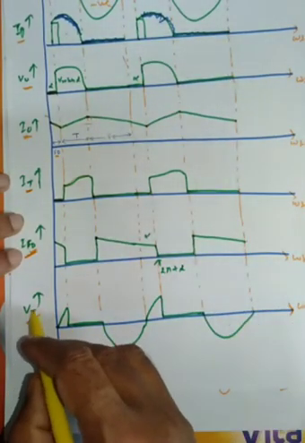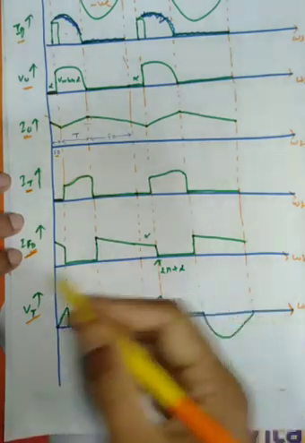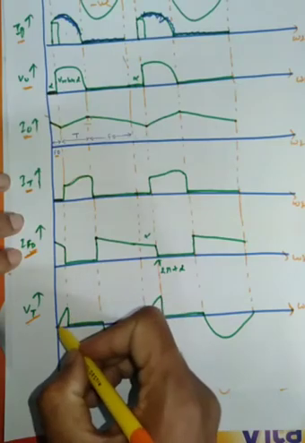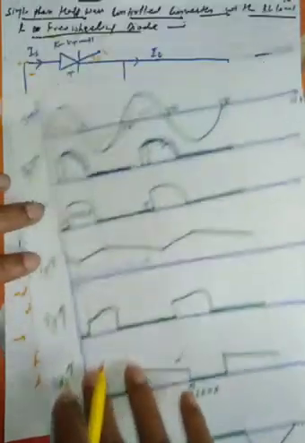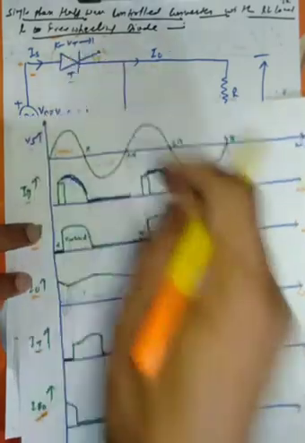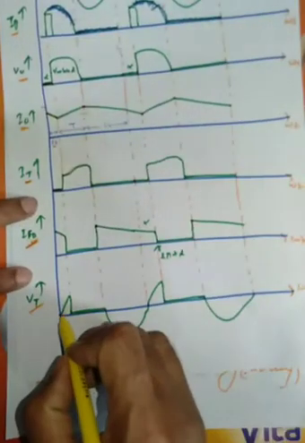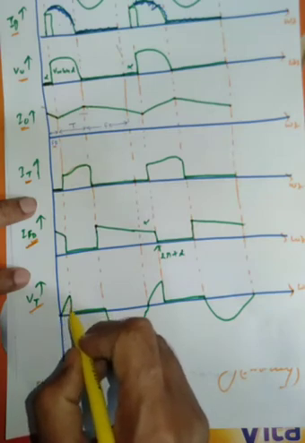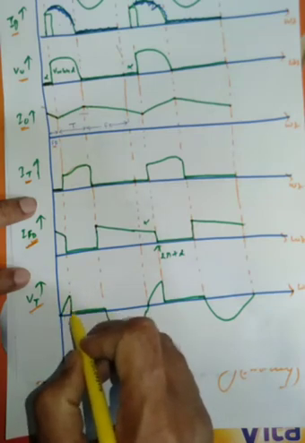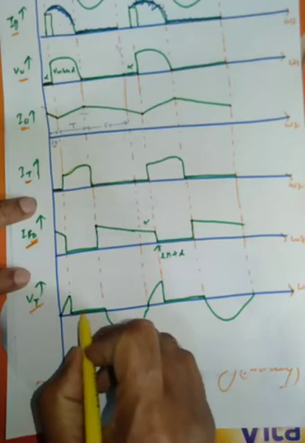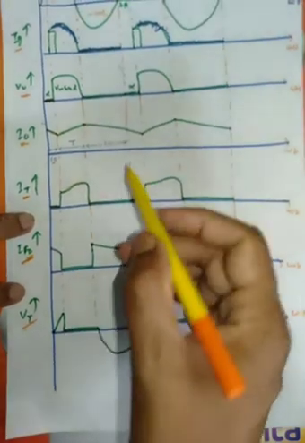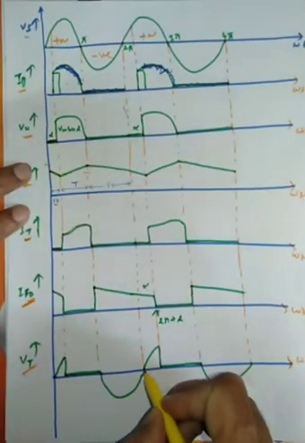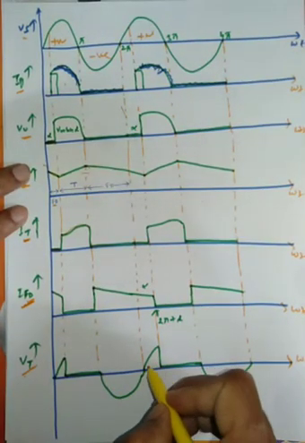And VT is the terminal voltage. It is the same as we have studied earlier. Until the thyristor is on, all the voltage drop will be across the thyristor. Until the gate pulse is applied, all the voltage is across the thyristor, and whenever the thyristor is on there will be no voltage drop across it, it will be zero. And during the negative half cycle all the voltage will drop across the thyristor, and you will get the same. And until we supply the gate pulse there will be